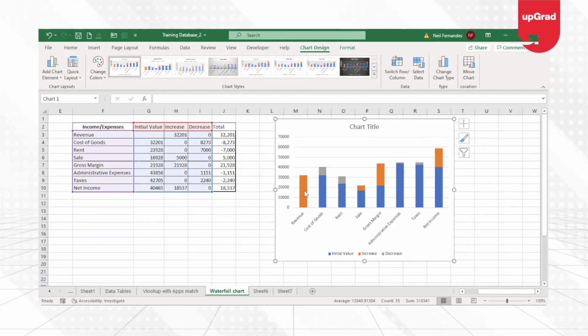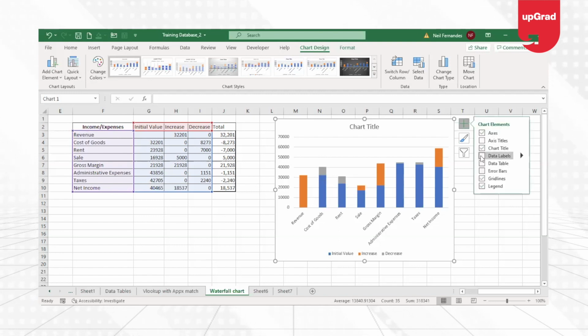So the revenue that we have, the positive number, is showing to us in the orange, which you are looking at right now, the revenue amount. The decrease that we have, let's add the data label so it becomes even simpler to read. So look at the data labels that it is showing you. Here it is showing you the amount, which is three numbers. Of course, the zero is not going to be shown here.